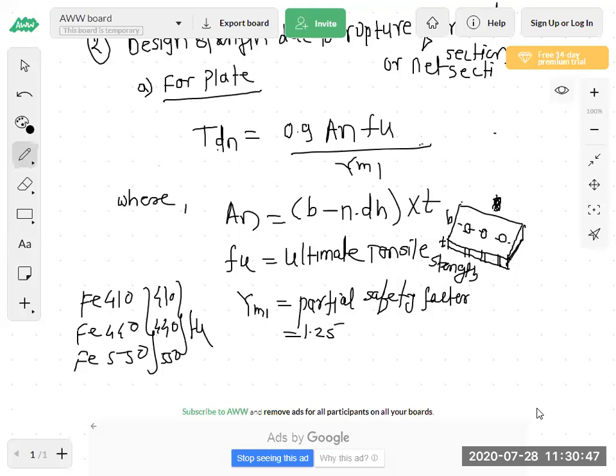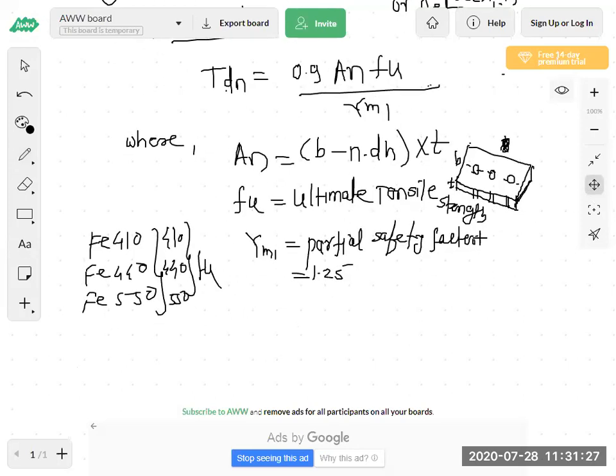So this first strength is also there, design strength due to yielding of cross section. Second strength is also there. You can see the formulas are given. Open page number 32, IS 800 2007. So section 6, design of tension member is given. First design strength is given, Tdg. Again second is given also. So okay, this is for plate. So we'll move next.